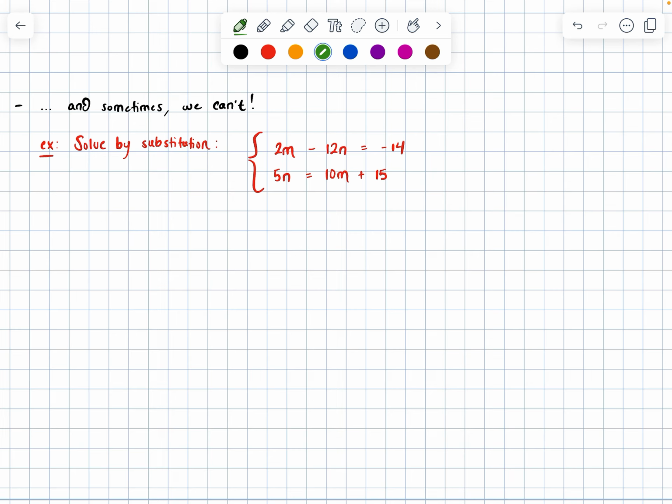Alrighty. So if I can't plug in 5n, for example, looking at this bottom equation over here, I can't plug in 5n to the top equation, but if I could get n by itself, I could plug in n. Well, to get n by itself, I could divide by 5. So taking this equation, remember, I can make any choice I want to any equation in my system as long as I do it to both sides. So I'm going to divide both sides of the bottom equation by 5 to get that